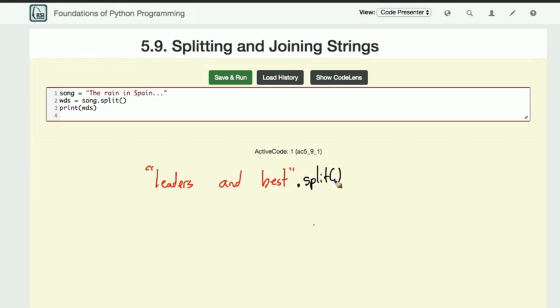What .split does, if we call it with nothing as an argument, is it first looks for all the spaces in the string. So here it finds a space, and here it finds a space. And it kind of cuts the string along those spaces. So what it does is it turns what was one string into three different strings, and it divides them along the spaces. So the end result of this expression is going to be a list where the first item